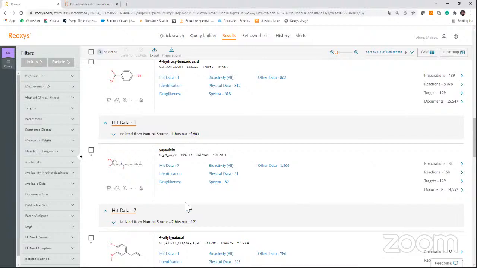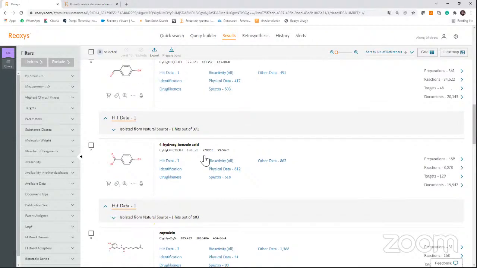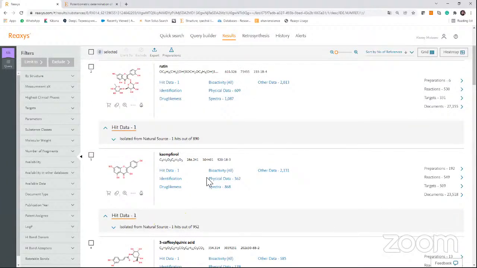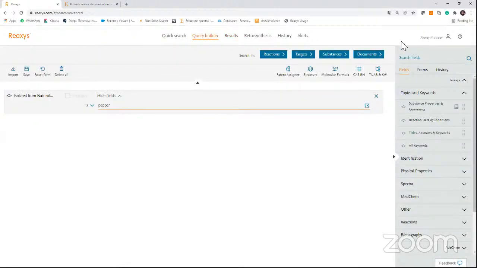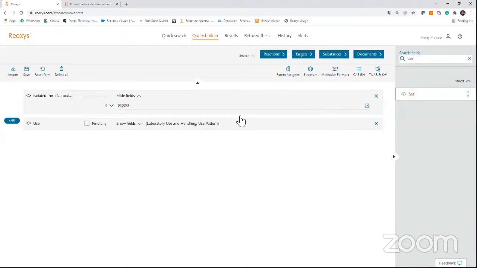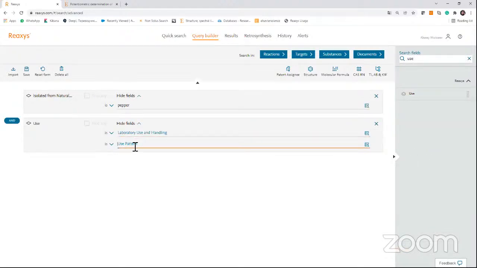So you understand what is inside of this plant. It gives you a lot of information about what you can extract from this natural compound and how to use it, in medicine or in the laboratory, everything.